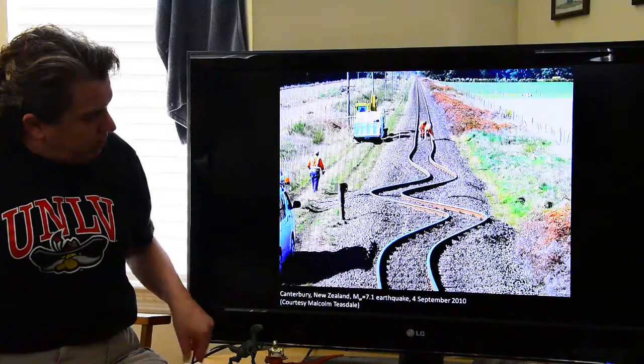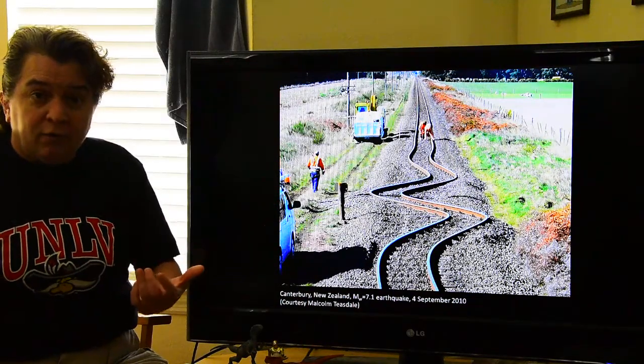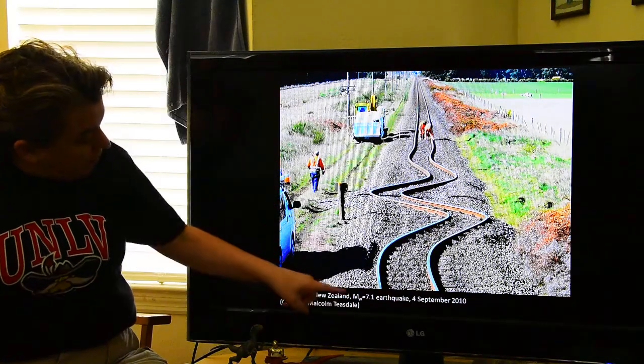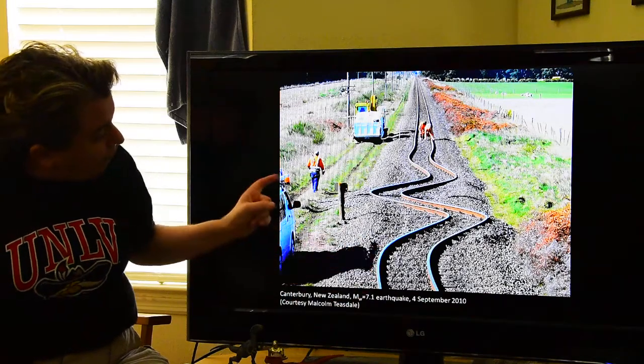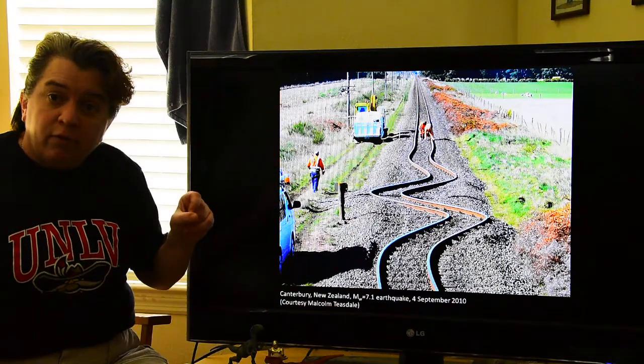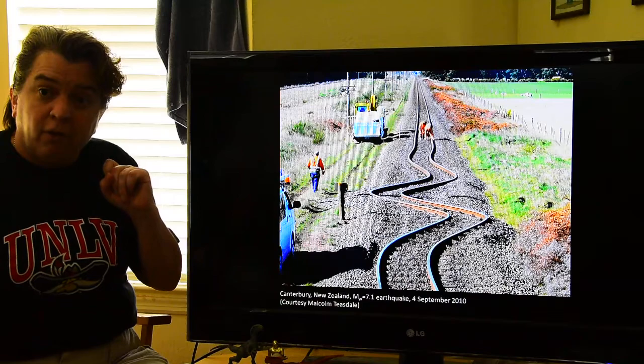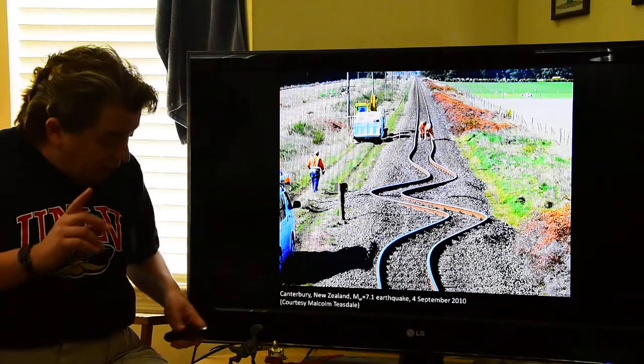I'll just show you an example of that. So here is down in New Zealand back in 2010. They had a magnitude 7.1 earthquake. The fault goes right through here. You can see what happened to those railway tracks when there is that sudden motion along the fault. However,